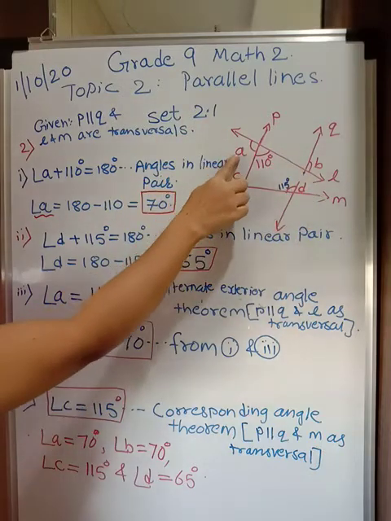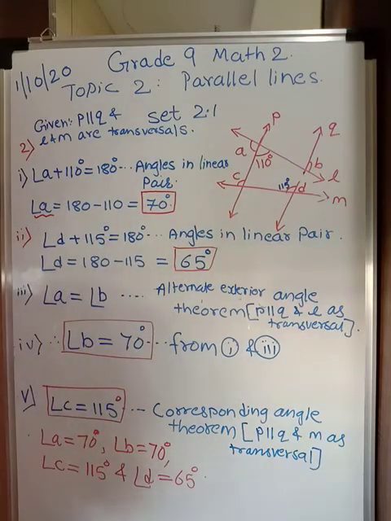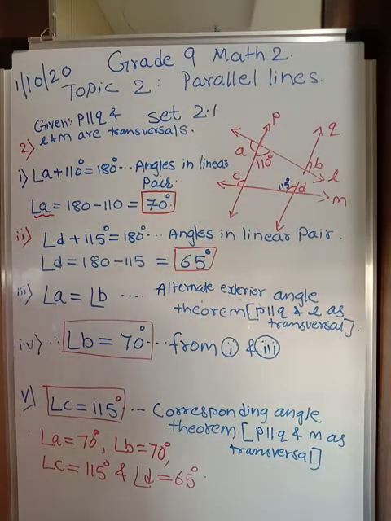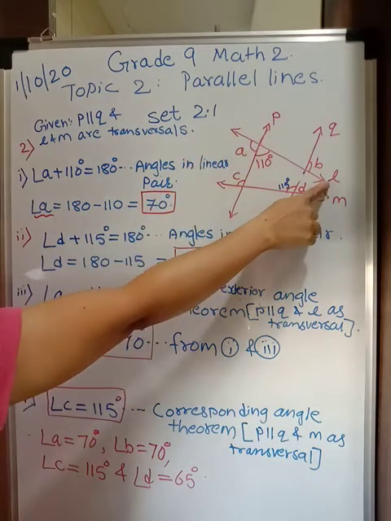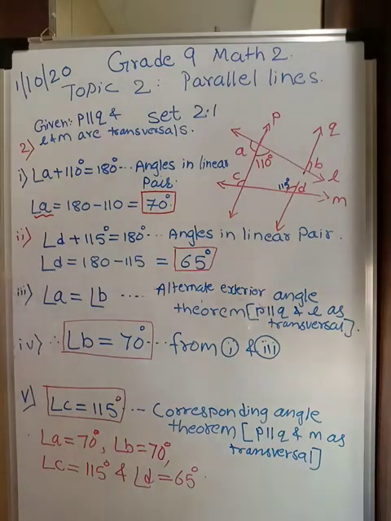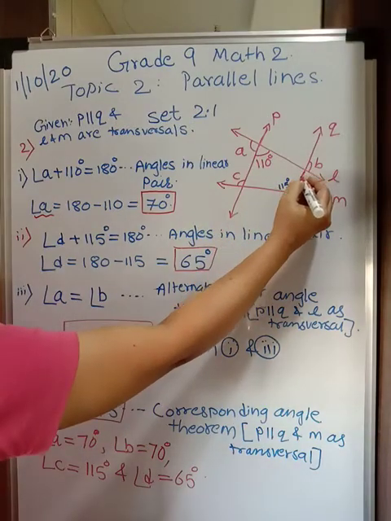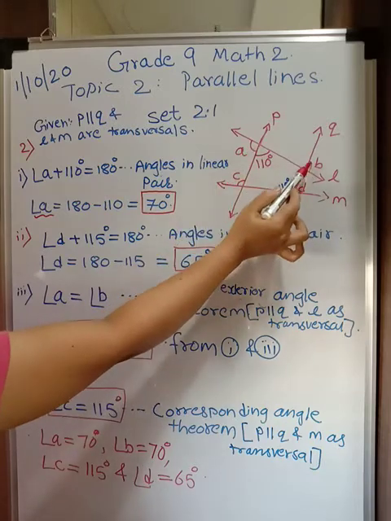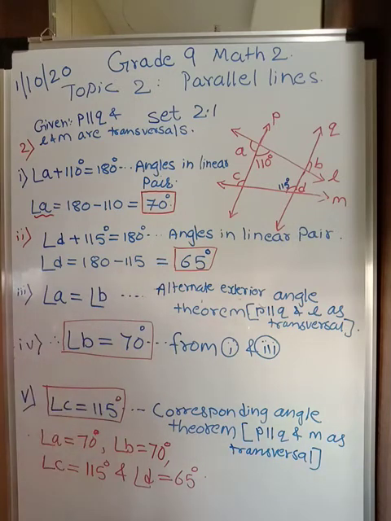Now see, angle A, and if you concentrate on angle B, these are alternate exterior angles. So alternate exterior angles are equal if the lines are parallel and cut by the transversal. PQ are parallel, and which transversal are we considering? LS transversal. So if we consider LS transversal and P parallel to Q, these two are exterior alternate angles. So obviously B will also be equal to 70 degrees.